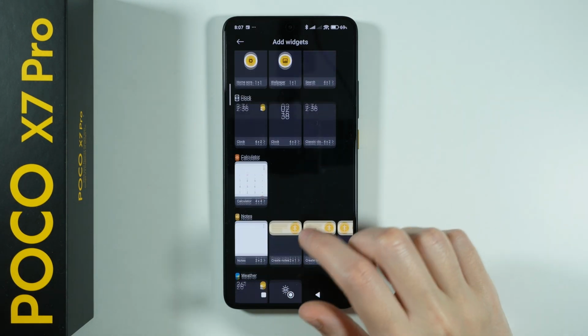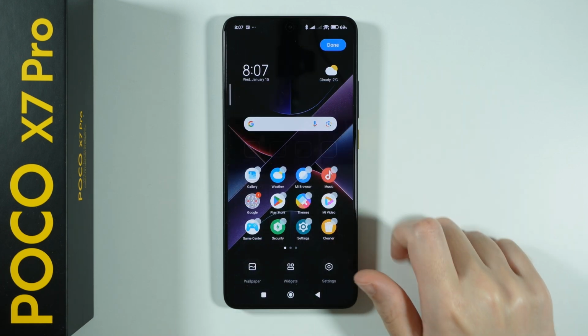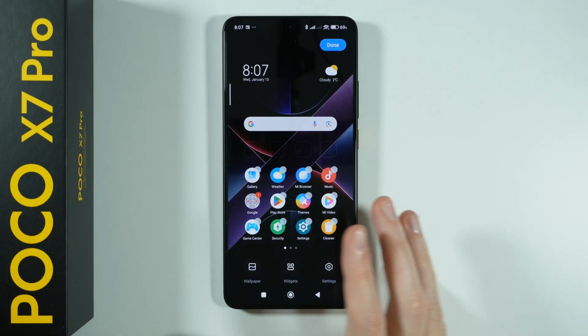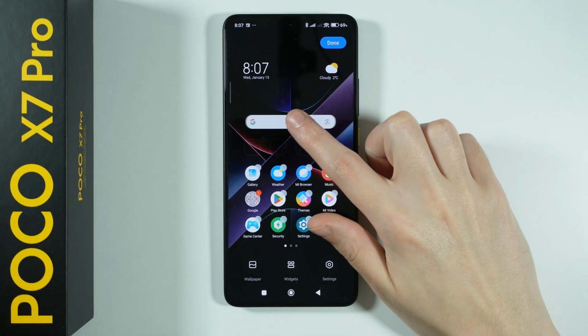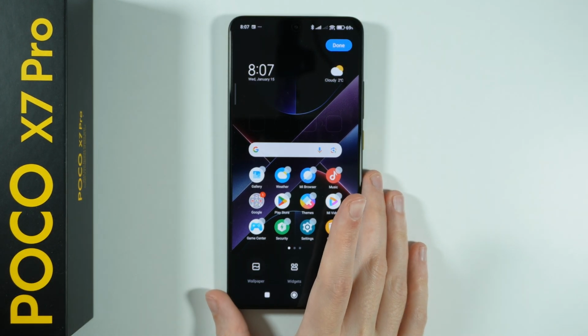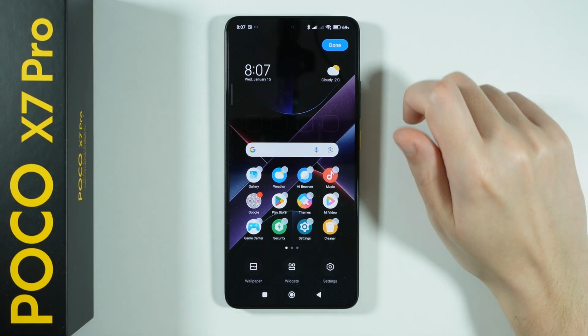You can also simply tap on the widget in order to add it. So just tap on it, and then it will appear on the home screen in the first available spot. However, of course, you can press and hold your finger and then drag and drop it anywhere you wish it to be, if you wish to do so. Press done once you are done with the